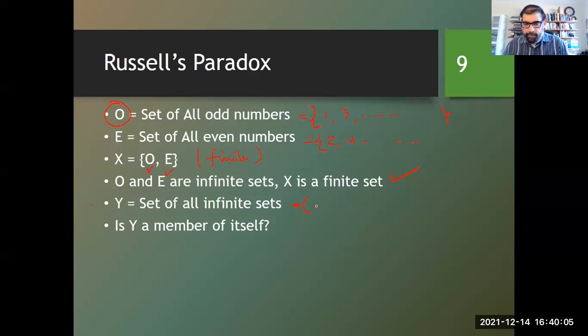Y भी इनफाइनाइट है। अगर Y इनफाइनाइट है तो वो अपना मेंबर होगा, ठीक है ना? यानी कि हम इसको नोटेशन में लिखना शुरू करेंगे तो उसमें हमने फॉर एग्जांपल O लिख दिया, E लिख दिया, उसके बाद Y भी लिखेंगे, उसके बाद और बहुत सारे इनफाइनाइट सेट्स होंगे वो सारे हम लिख सकते हैं। ऑब्वियसली ये लिस्ट कभी खत्म नहीं होगी, लेकिन we can start making this list। और उस लिस्ट में Y आ जाएगा, क्योंकि Y खुद भी इनफाइनाइट है, तो